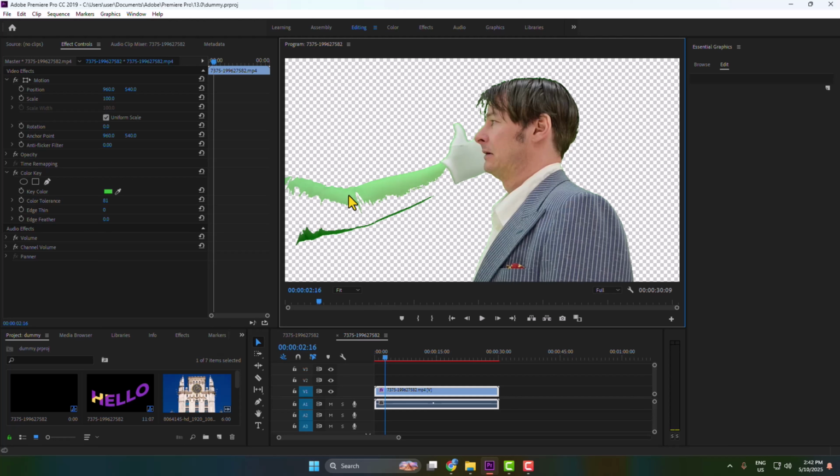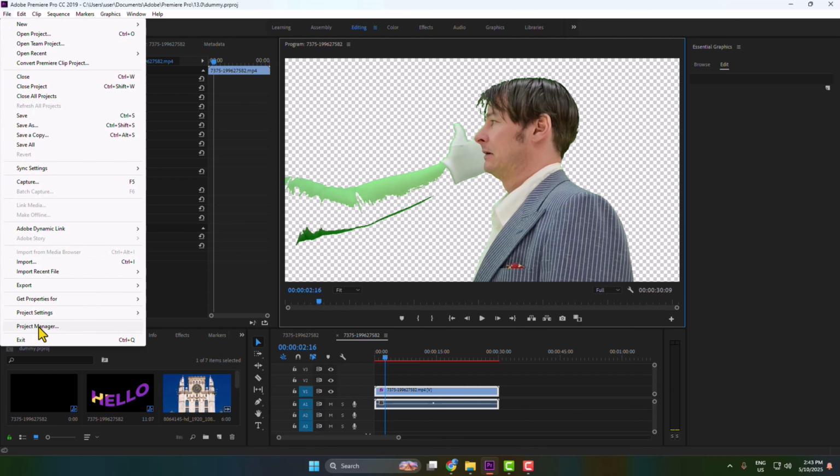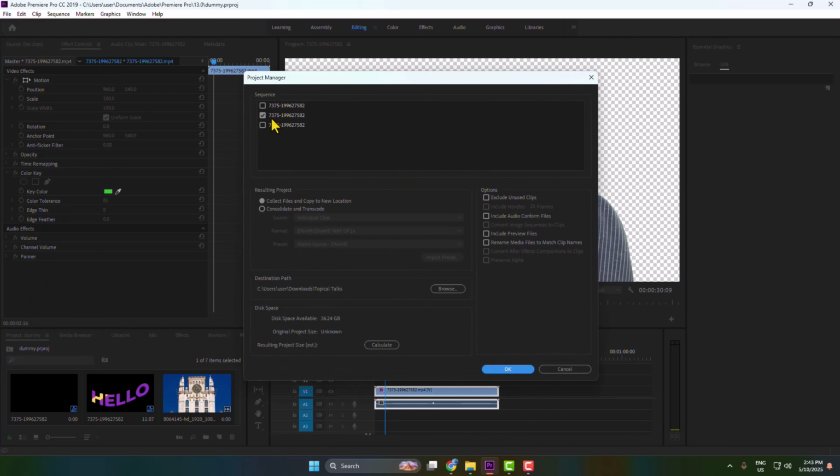To back up a Premiere Pro project, first of all, you have to open the project that you want to back up. So my project name is Dummy. Now to back up this entire project, go to File, Open, Project Manager, and here under Sequence, you'll find all your